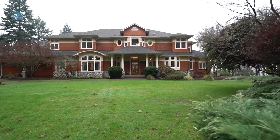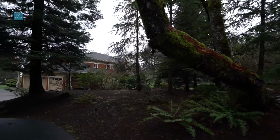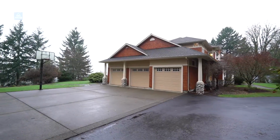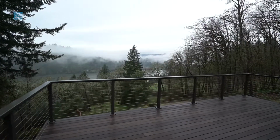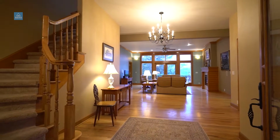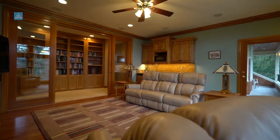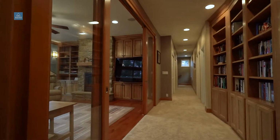Welcome to 10489 Beutel Road. This beautiful custom estate sits on over 5 acres and offers stunning views of the Willamette River and Oregon Golf Club. With over 4,500 square feet, dual master suites, a private library, and bonus theater room, there is an abundance